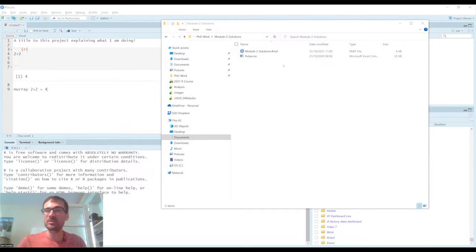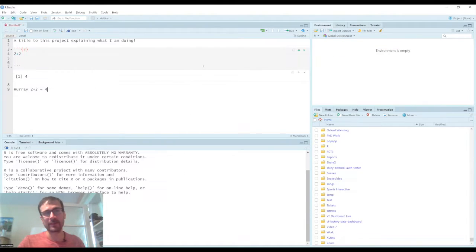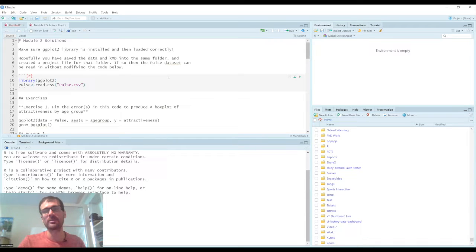And I could just click here and open this file, and that would open it up in RStudio. But I think a better way here of dealing with this, I'm going to ignore that I've done that for now, is to set up a project file. And the project file is a really nice way of grouping together my data and my output and my script files all into the same location. And it makes it much more shareable and it makes a few things a little bit easier.